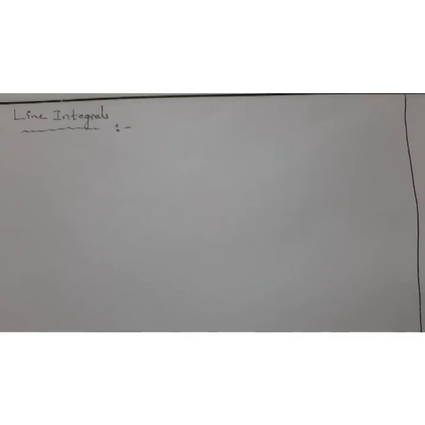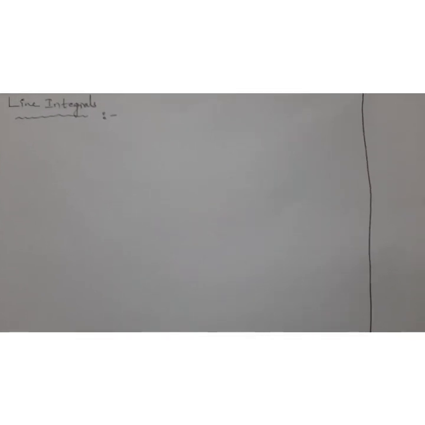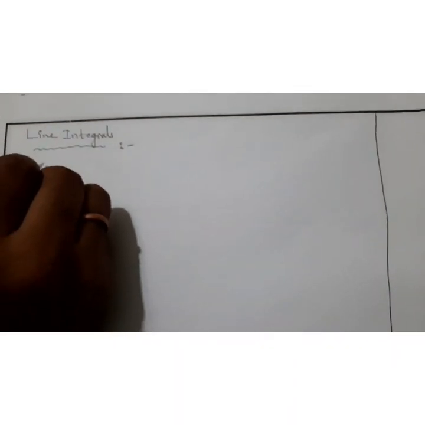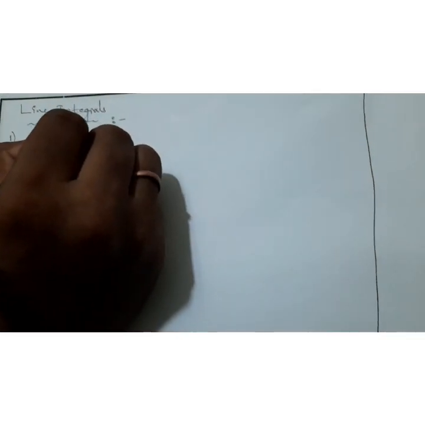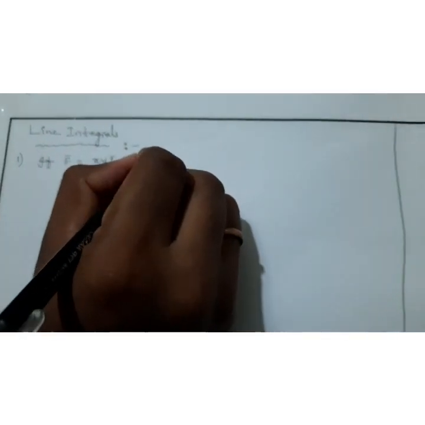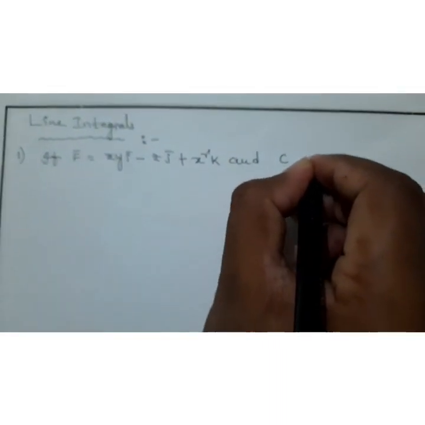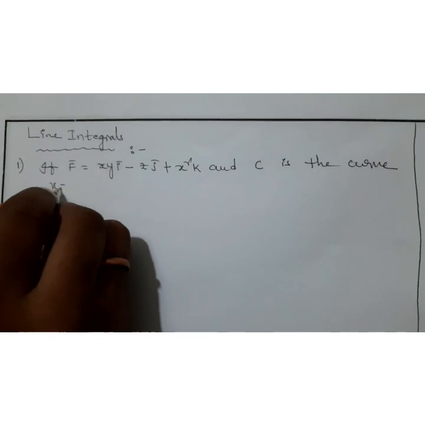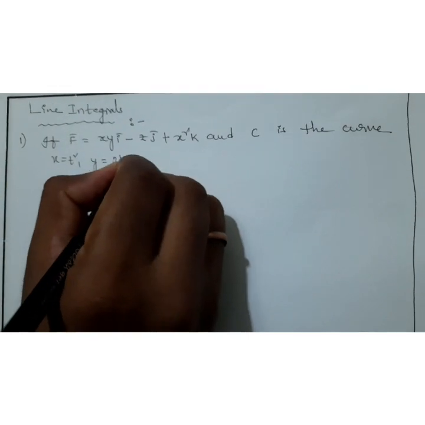In the previous class I completed two problems, two models in line integral, the total work done by the force. Now the third model. Next question: if F bar is equal to xy i bar minus z j bar plus x square k bar, and C is the curve x is equal to t square, y is equal to 2t, z is equal to t cube,